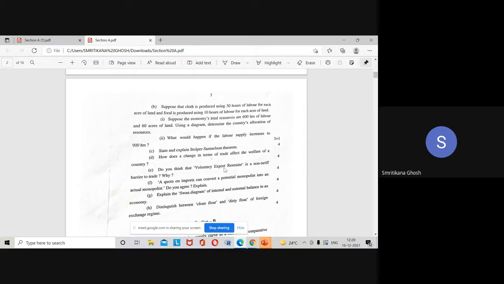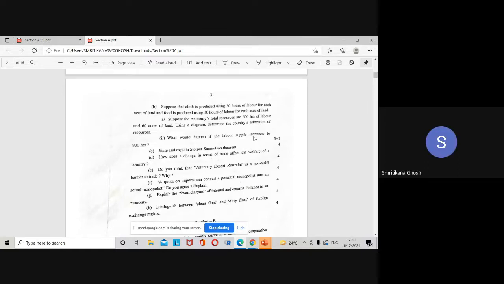This is the diagram for question number B. Ma'am, if possible, can you draw it on the screen? Ma'am, how will I draw it here, I don't know. Ma'am, then in the offline class, could you please discuss this one? Yes, yes, why not? Okay, ma'am. Thank you.